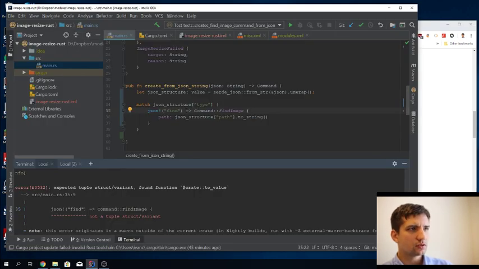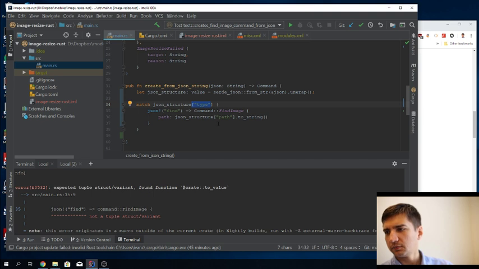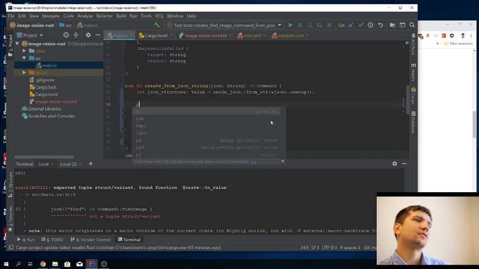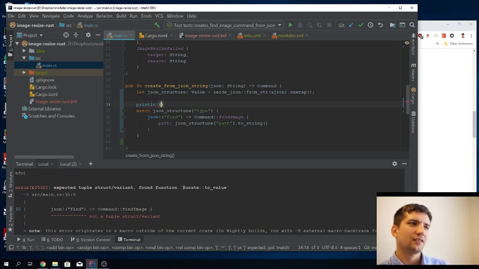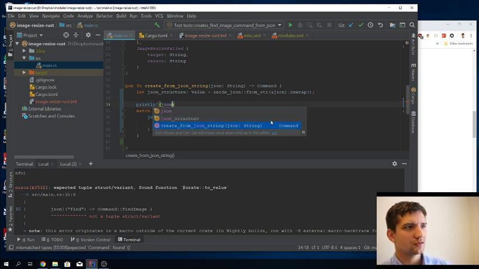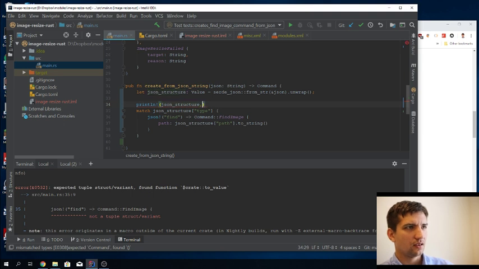How do I read this terrible property type? Right? So let's just println, let's see what it looks like, JSON structure, and then actually type,